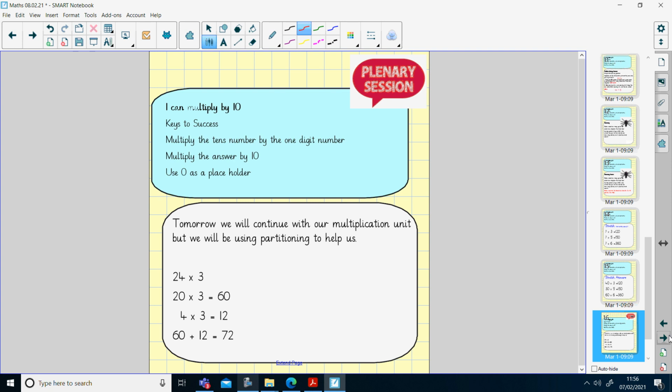Okay, so today we've been multiplying by 10. Tomorrow we're going to continue our multiplication unit and we're going to be using some partitioning to help us. So the only difference tomorrow is that we aren't going to be looking at multiples of 10. We're going to be looking at 2-digit numbers multiplied by a 1-digit number and using partitioning to help us to